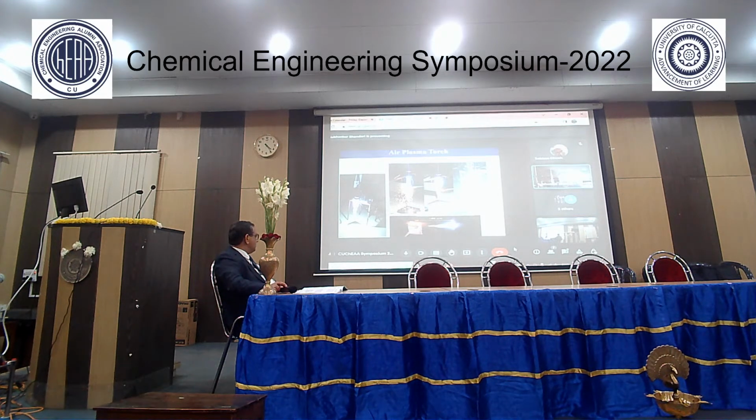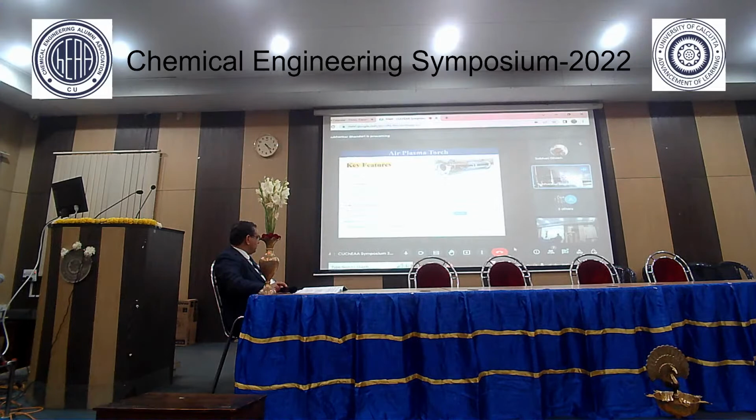Here in the bottom picture, the paper board was kept quite away from the plasma jet, but still it catches fire immediately. So these are the key features of the air plasma torch developed at BARC. To my knowledge, this air plasma torch is probably the first to be developed in India, in our institute, and it has some unique characteristics.